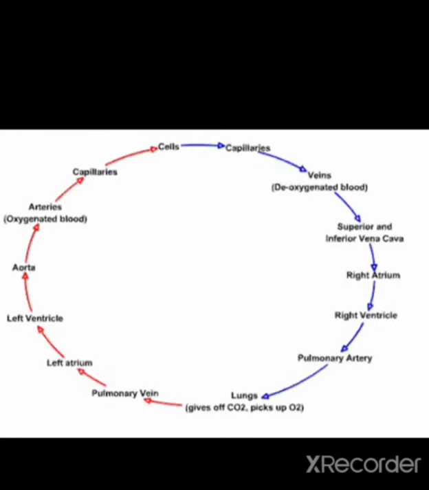For easy understanding, here is also a flow chart which presents blood flow through the heart. That is, as I already explained, deoxygenated blood from the superior and inferior vena cava, then right atrium, then right ventricle, then pulmonary artery, then it will go to the lungs, pulmonary veins, left atrium, left ventricle, then aorta, arteries, capillaries. That's all. So this is the cycle of flow of blood through the heart.